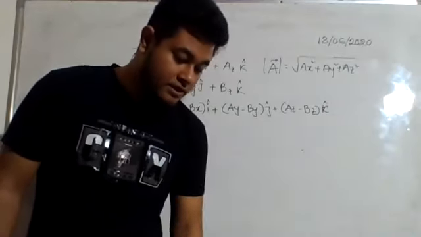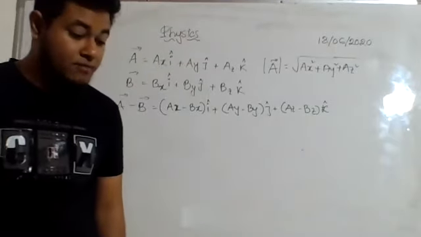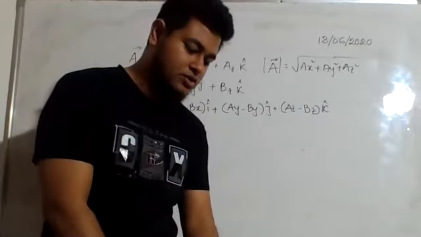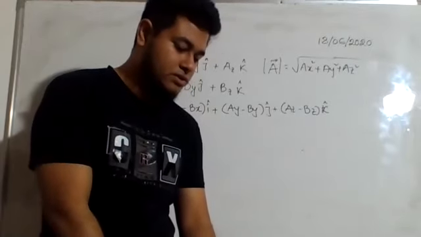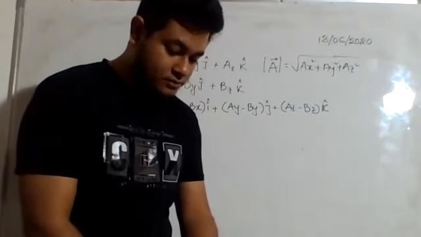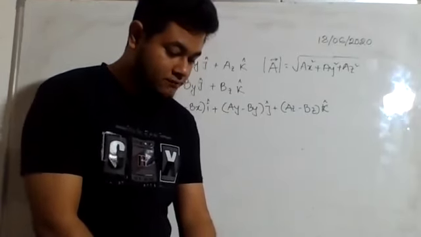Then we will get into the topic of multiplication of vectors. Okay, now this is very important. There are so many numerical examples based on this. So we will try to take a good look at this, okay? And most probably that will be the last topic of this chapter.